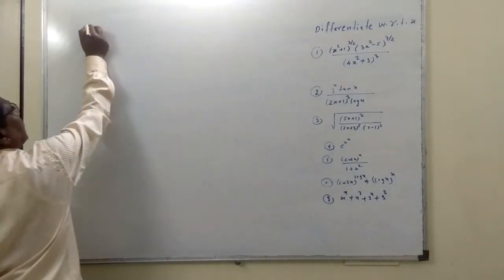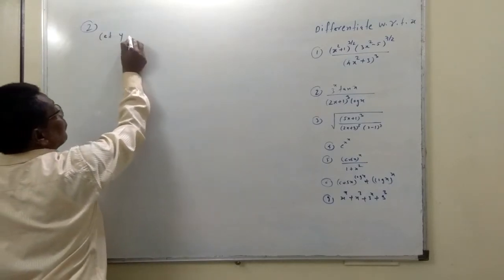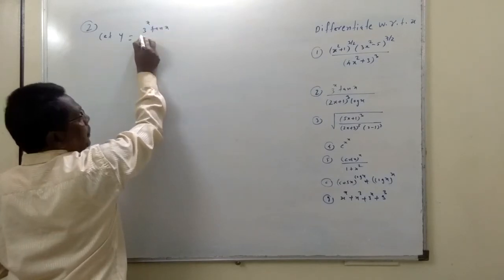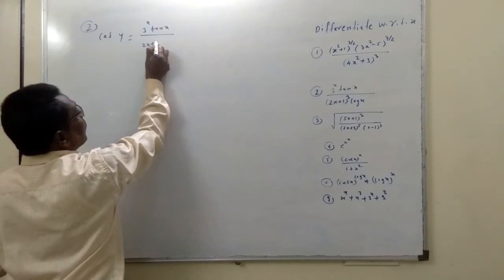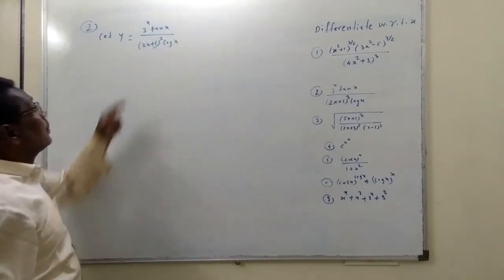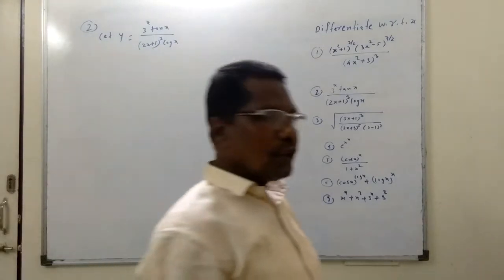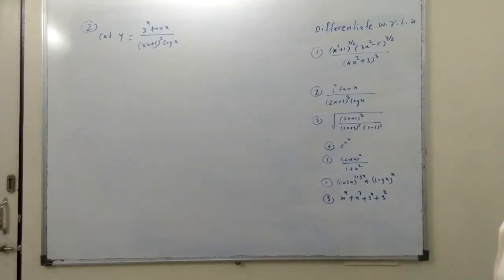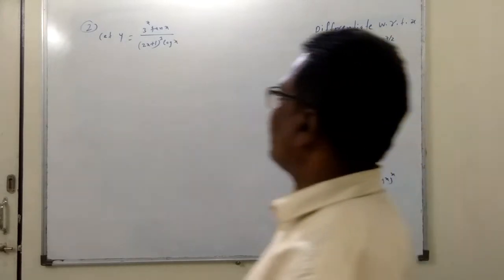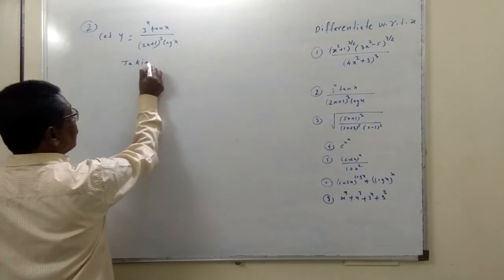Now we'll solve the second example. So let y is equal to 3 raised to x, tan x, divided by 2x plus 1 bracket cube, log x. So here at the numerator there is a product of two functions, at the denominator also a product of two functions, and division is there again. So in short, product and division of a number of functions. So we'll take the logs for the simplicity of derivatives. So taking logs.